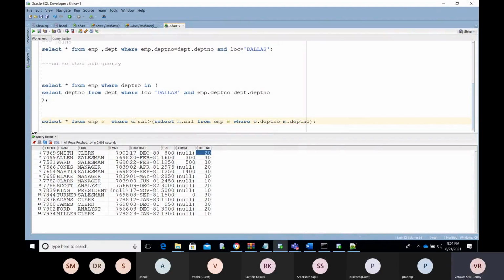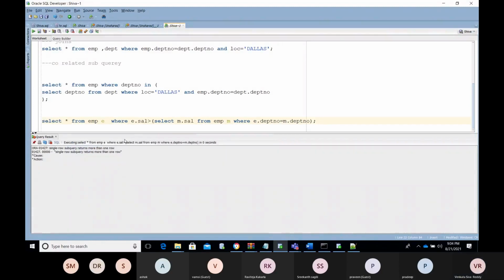Now you maintain some relation. Okay, what is it saying? EMP number E, where E dot salary equal to M dot salary. What is it saying? Single row subquery returns more than one row. Here, inner salary is giving more than one row.